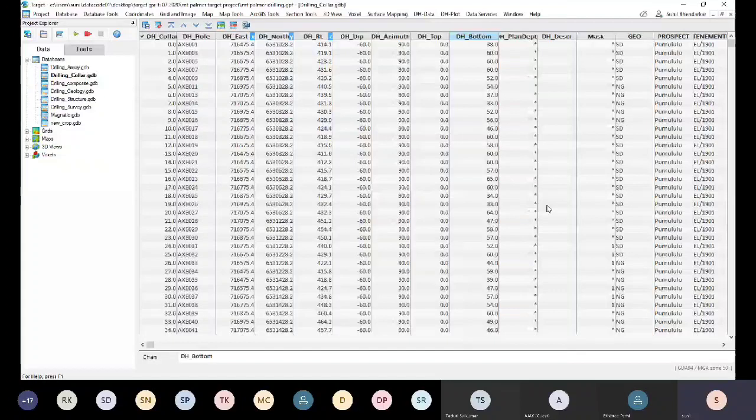I hope my screen is visible. Yes. Thanks for confirmation. So here you can see this is the main window of Geosoft Target. On the top, these are the list of menus like project, database, database tools, coordinates, grid and image, map tools, likewise. Here the geochemistry tool is not there, so we need to add these tools here.